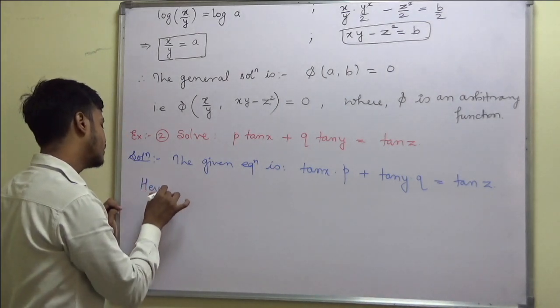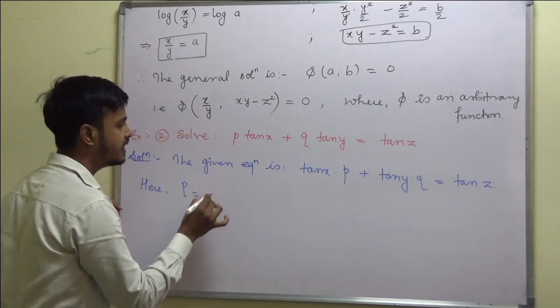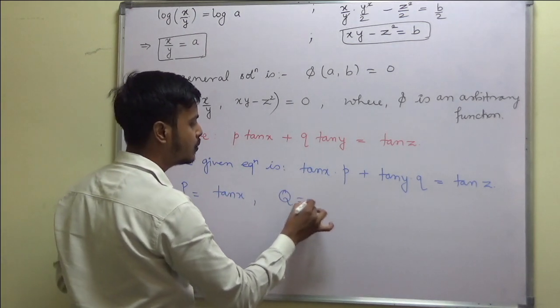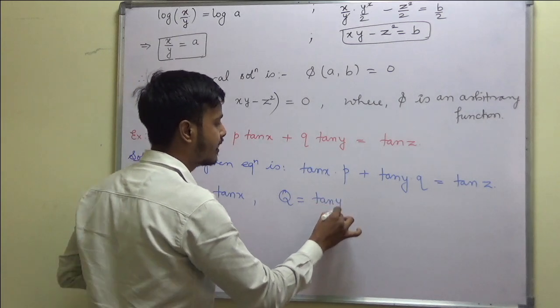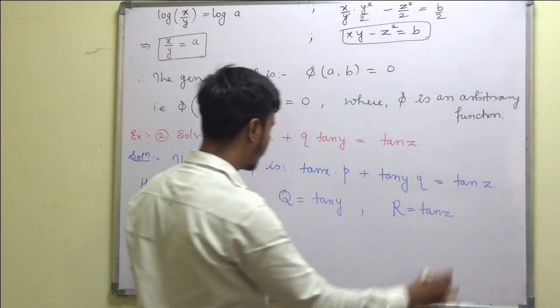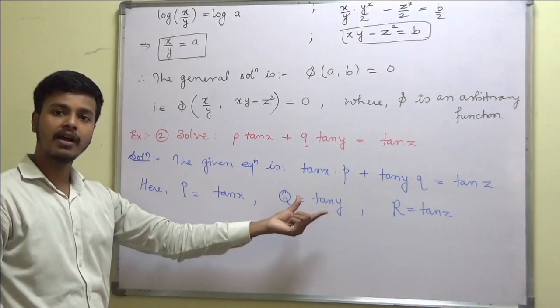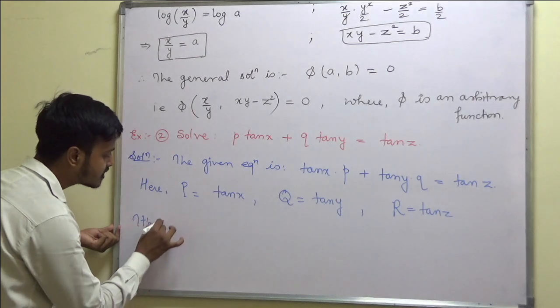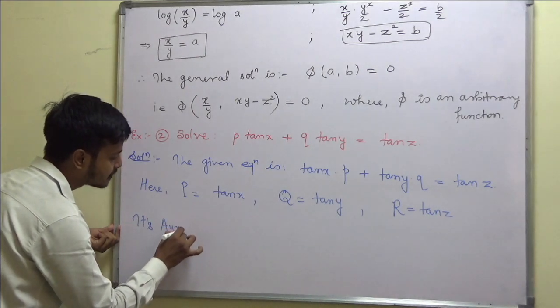Here, what is capital P? Capital P is 10x. What is capital Q? That's 10y. And what is capital R? That's 10z. So we have P, Q and R. Let us write down its auxiliary equation. We can write its auxiliary equation as